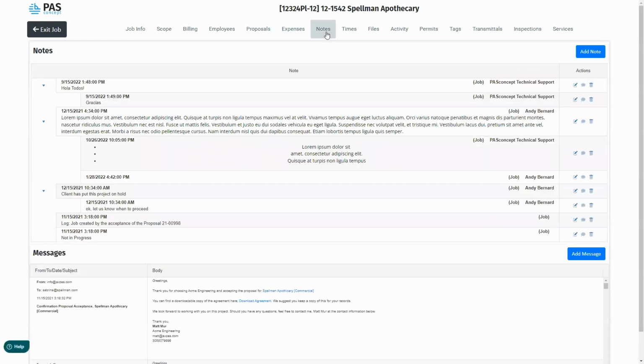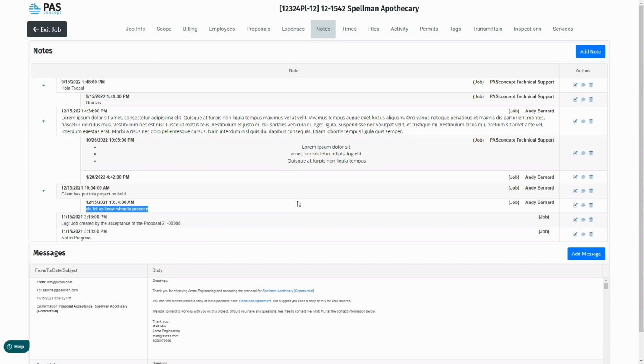Notes, which, as I mentioned before, is a messaging board related to the project itself. People can put posts and others can respond. For example, here, the original poster, in this case, Andy Bernard, posted this, and then after the fact, added a secondary comment. This may serve to be exceedingly helpful when it comes to meeting with the client, jotting down notes, and putting them somewhere that is shared amongst all of your employees. It also gives your employees and empowers them to ask questions. If, say, for example, a note is provided and something is unclear, they can very easily clarify it here.